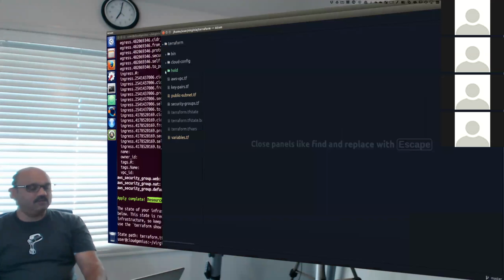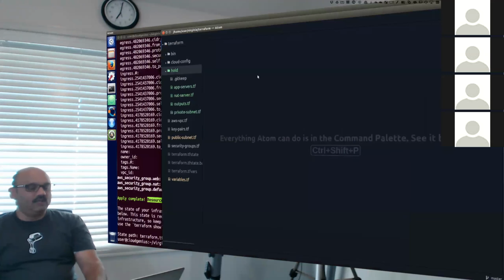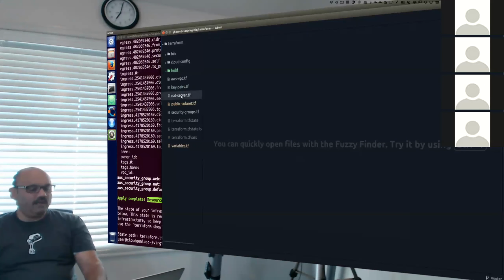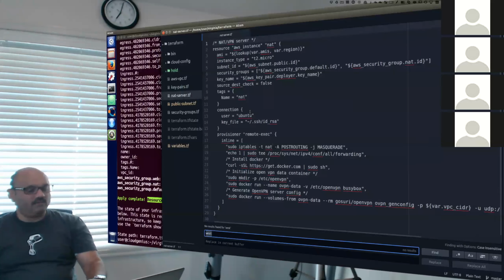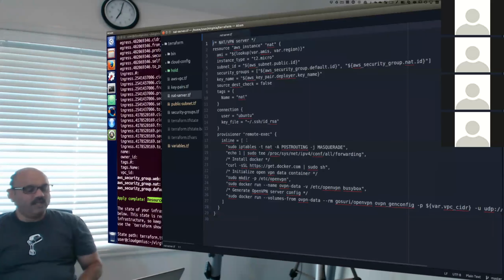So we should go do the next one, which is go to the holding area. And now we should be able to identify, are we ready to run a NAT device right now? And I think we are. So I'm going to take that NAT device and put that in the main folder right there. And now go study that NAT file itself. In this section, the first thing I want to quickly check is the existence of any reference to East Coast, West Coast. No, we don't have any. That is nice.